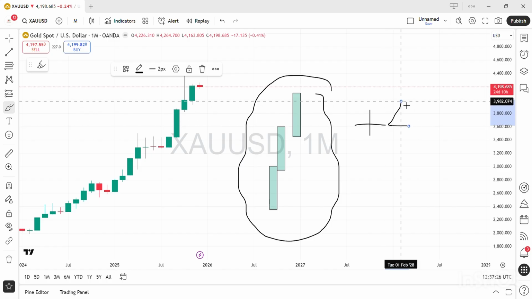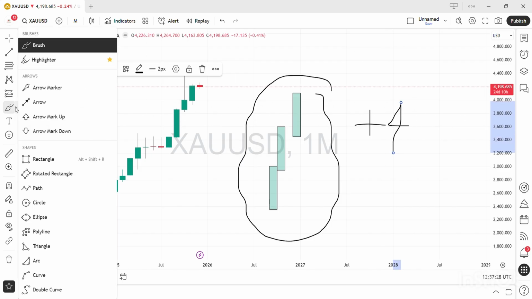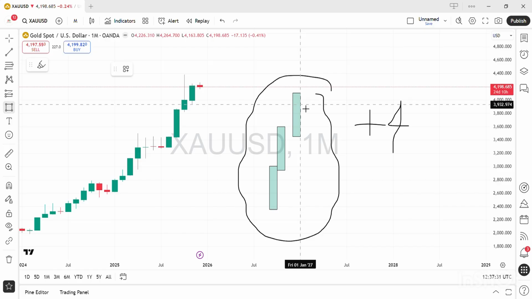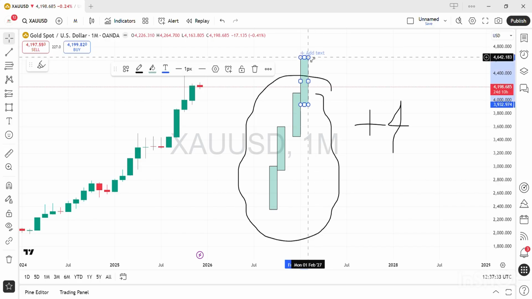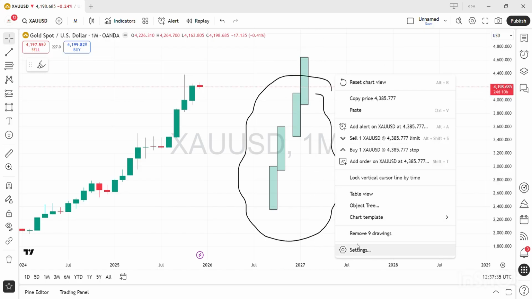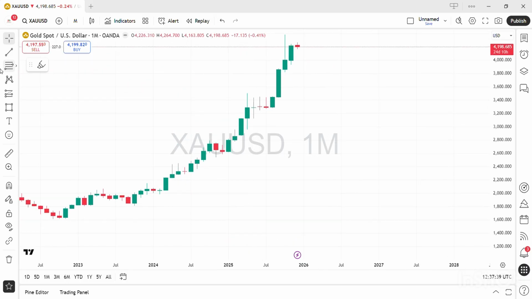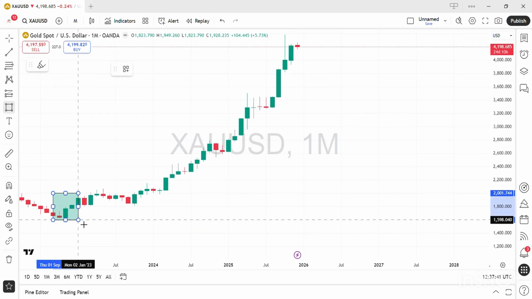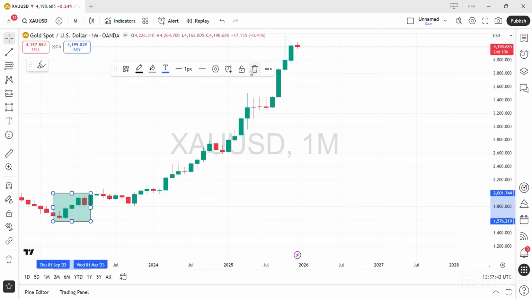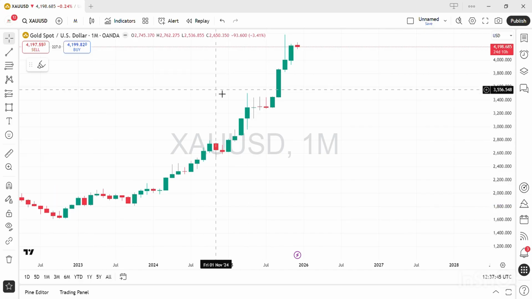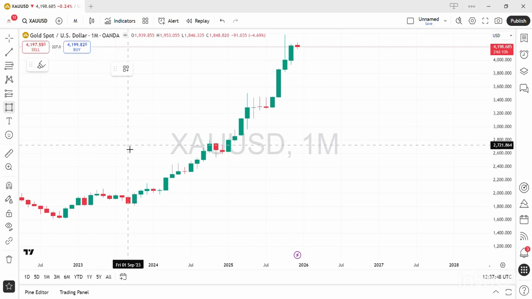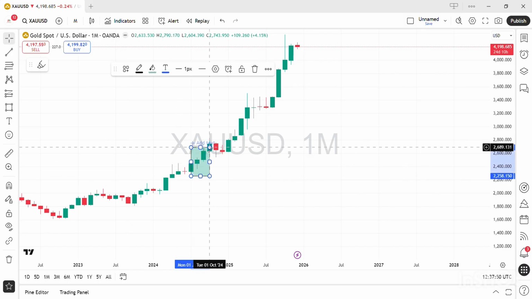Let me prove it with an example. If we have three candles, the fourth candle will be green 95% of the time. Okay, so am I speaking truth or wrong? Let's try to find out. First of all, we have three candles and the fourth candle is red, which means our setup has brutally failed. Again we have three candles here, and the fourth candle is green, which means our setup is completely satisfied.